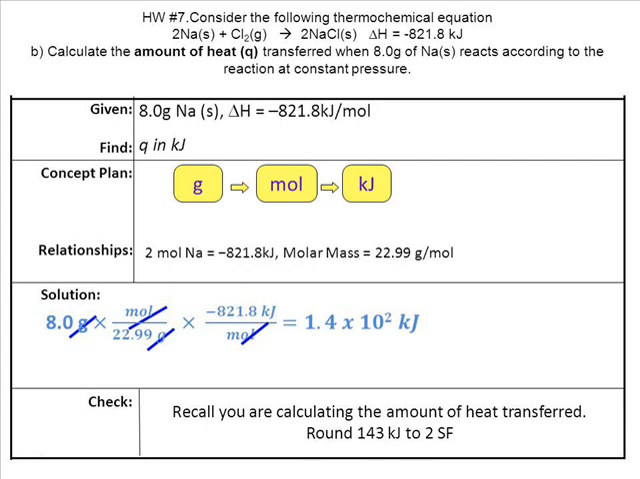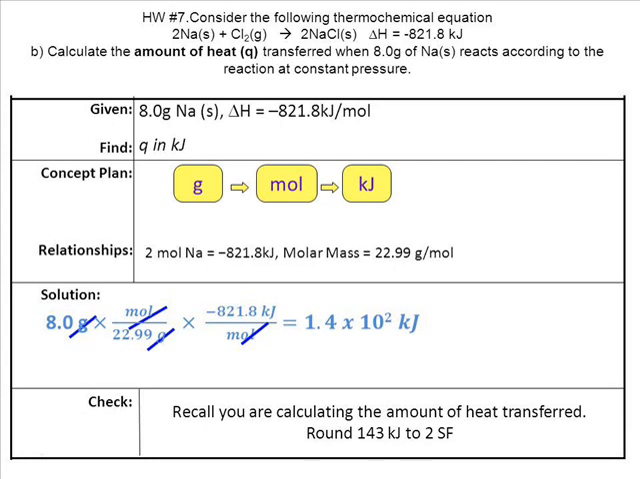You're asked to first determine if the reaction is exothermic or endothermic, and followed by that you have to calculate the amount of heat transferred when 8.0 grams of sodium metal, or solid sodium, reacts according to the reaction at constant pressure. So for 7a, as noted on the homework answer key, the answer is exothermic because the delta H value for the reaction is negative. So once we continue on with